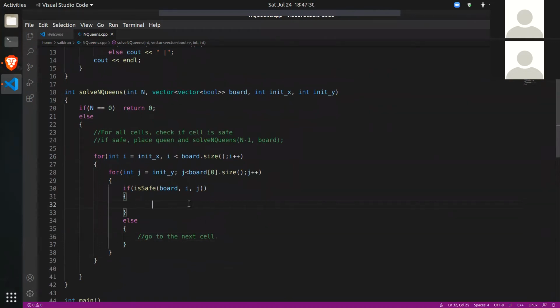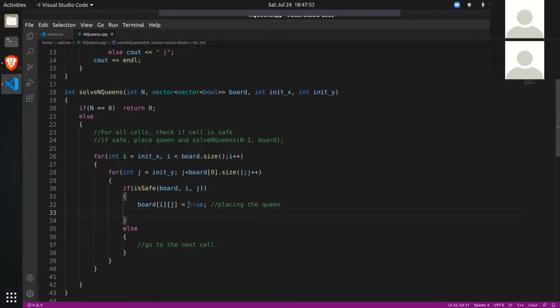If it is safe, what should I do? I should simply place the queen there. So queen is placed. That means board of i j becomes true, placing the queen.